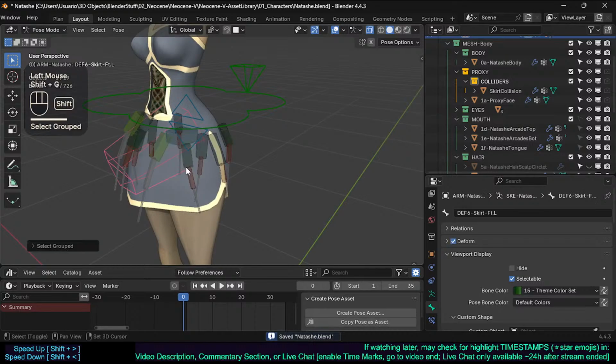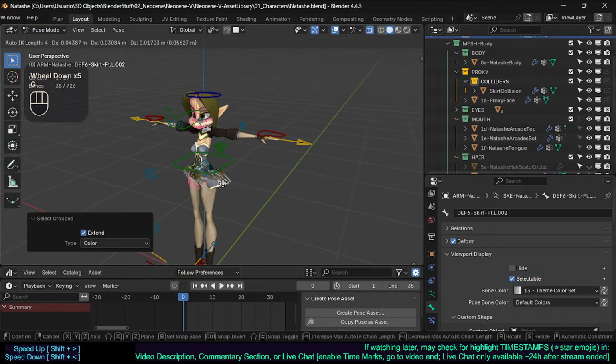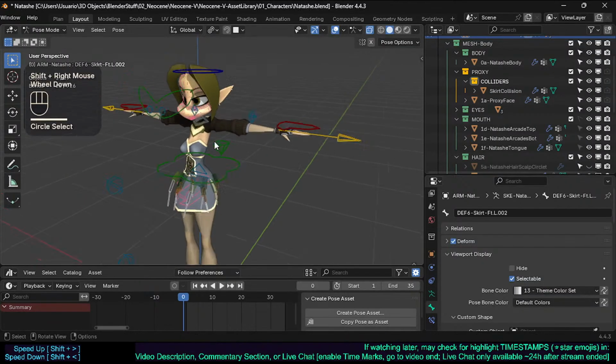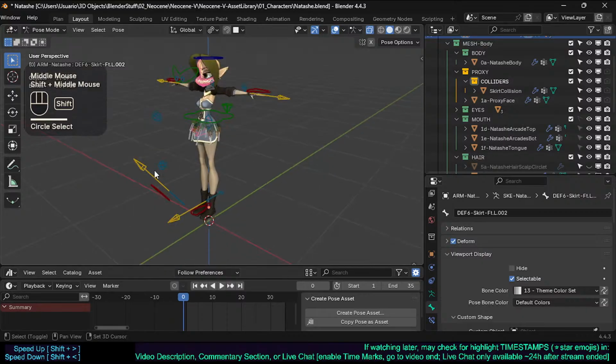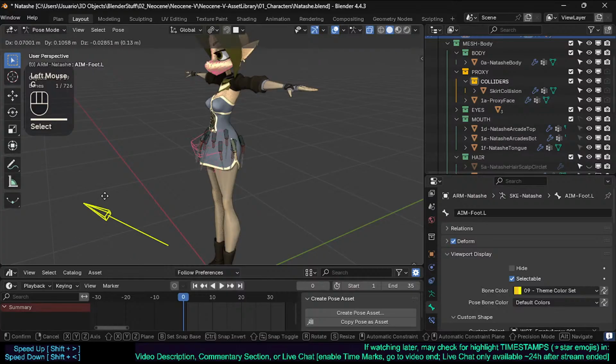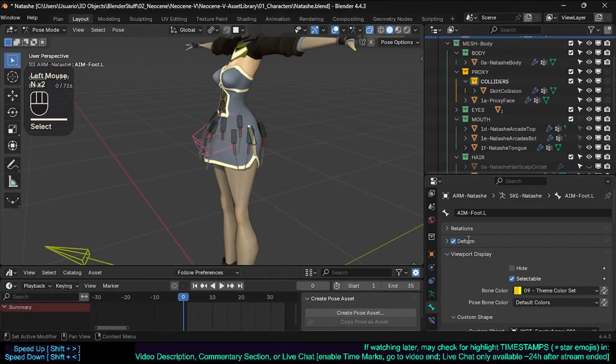So we're gonna select this, extend groups by color, and this. Alright, now I have other wrong bones. Okay, let's isolate this. Now we are gonna, yeah, let's get a